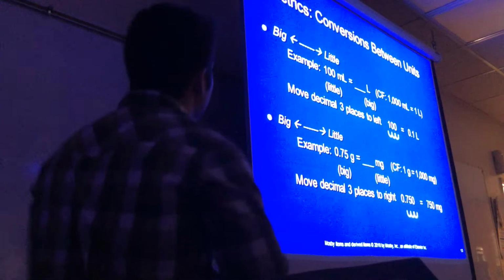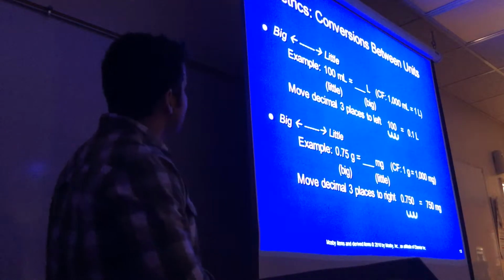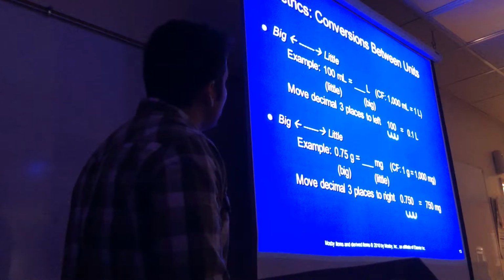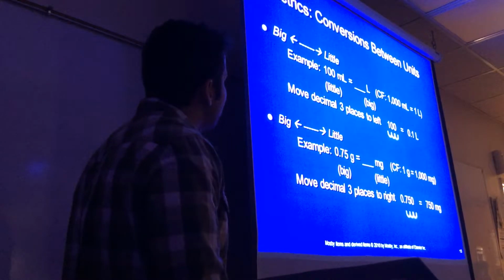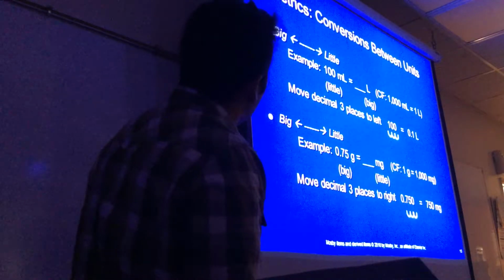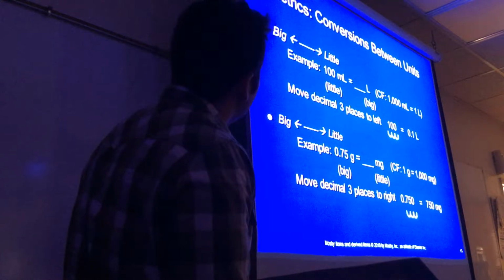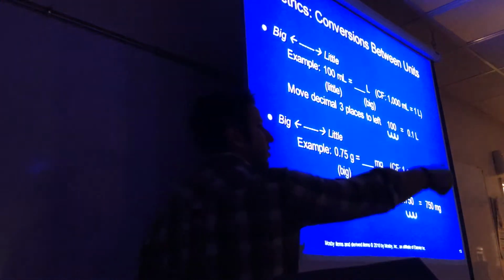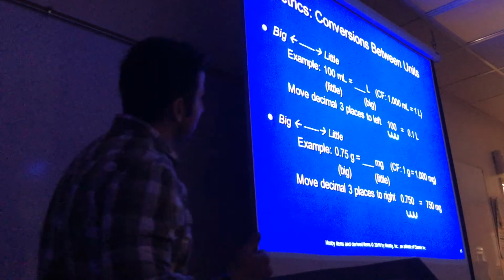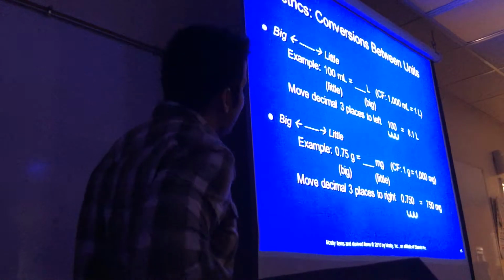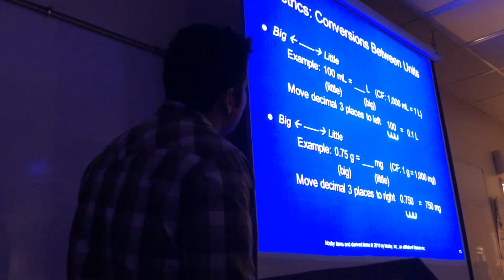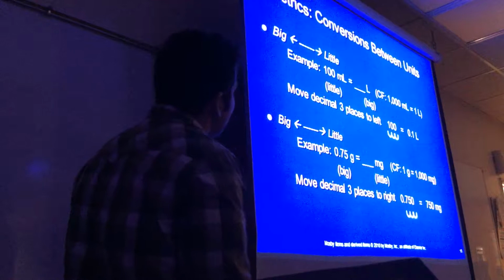So more back to this example. Big on the left, little on the right. I have 100 mLs, which is little, and I need to move the decimal place to make it a big unit of measure, liters. So which way do I need to go if I'm going from little to big? Little to big, I'm going to move my decimal place to the left, right? So move my 3 decimal places to the left. If you see there, now I have 0.1 liters, and that's how I want it notated. I do not want any just .1s. Okay? Another one,